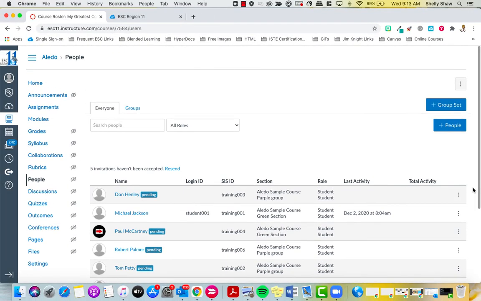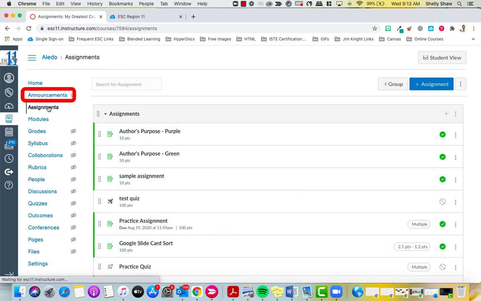So now that I've done that, I'm going to go to my Assignments tab and just show you, I'm going to pick some assignments. I've got two set up. I've got a purple assignment and a green assignment. So the reason that you might want to use this is maybe I have people in one of the groups that needs a little extra practice with this. Maybe they don't quite understand the concept yet, and maybe people in the other group already understand the concept and need an extension. So I've got a green assignment and a purple assignment in order to differentiate that.